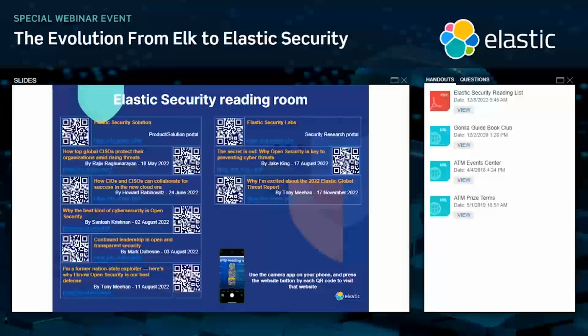We do have commercial features, like machine learning, for example, and searchable snapshots, which fall under the commercial, paid tiers. But the basic functionality, for example, of SIEM, also the content that comes with the SIEM and endpoint protection on the endpoints, that's part of the free tier. So you get a lot of capabilities. If you just need a SIEM with basic endpoint protection functionality, you can get that for free.